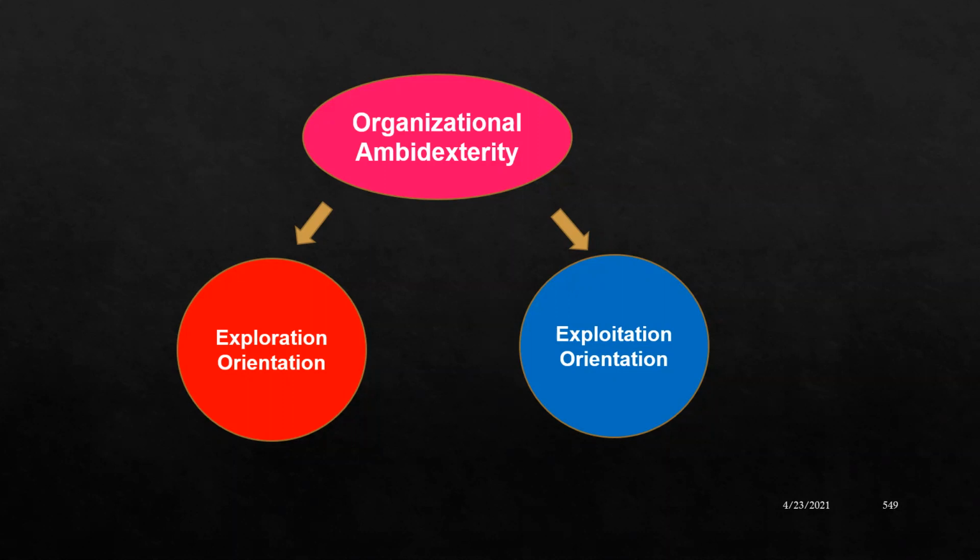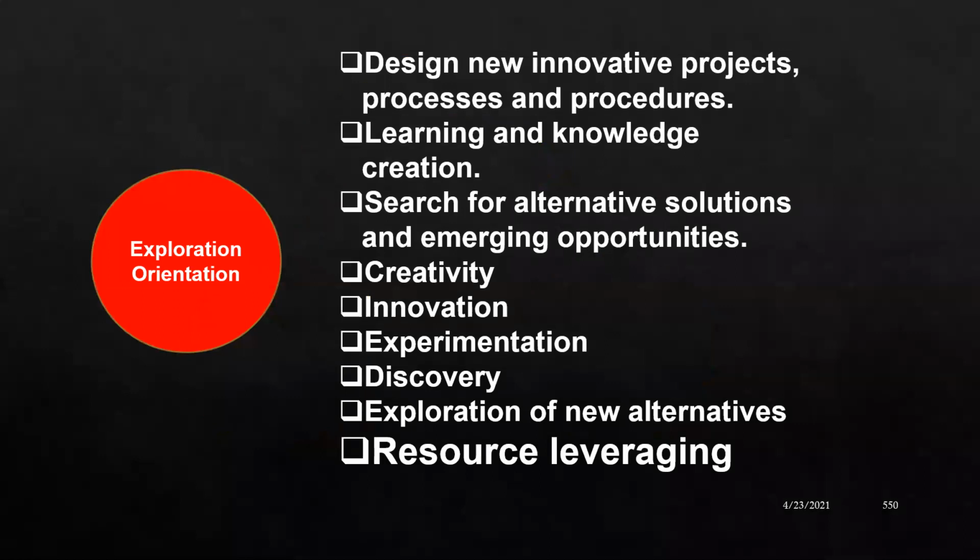Inspirations, orientation, slow down your process, looking into what can be your orientation in a new way. That is very important. So, exploration orientation: design new innovative project processes and procedures, learning new knowledge and searching for